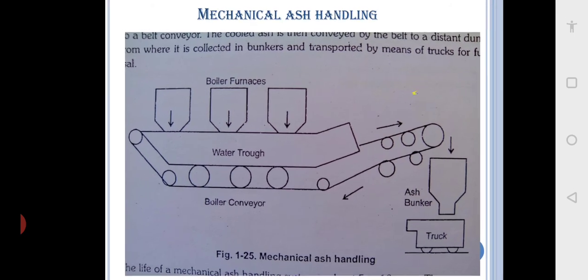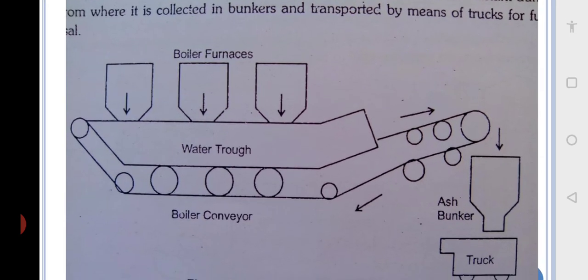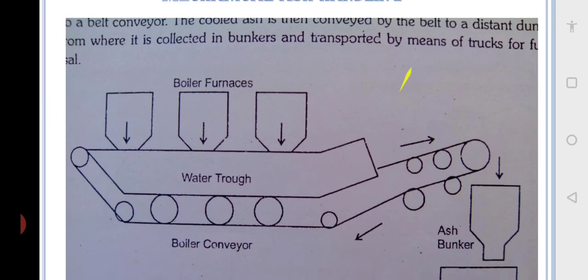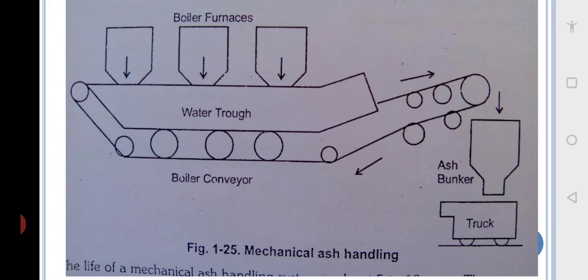You can see here you have got the boiler furnaces, 3 boiler furnaces are shown, and there is a water trough, means like a water channel is going on the bottom. So that ash will be hot when this ash will be hot, so it falls down. So here it comes down, and then due to you have got a conveyor, and it will take to a bunker, and below the bunker the trucks will be standing. So this is discharged to the bunker, then to the truck,